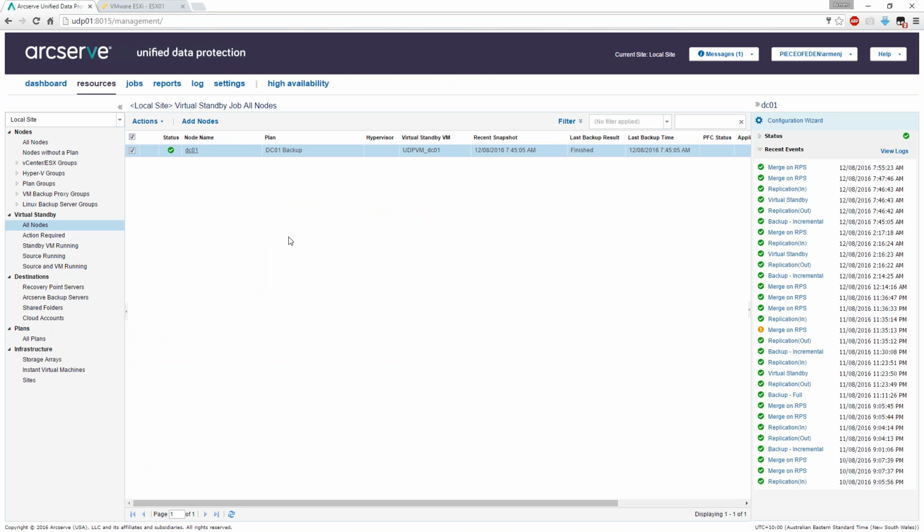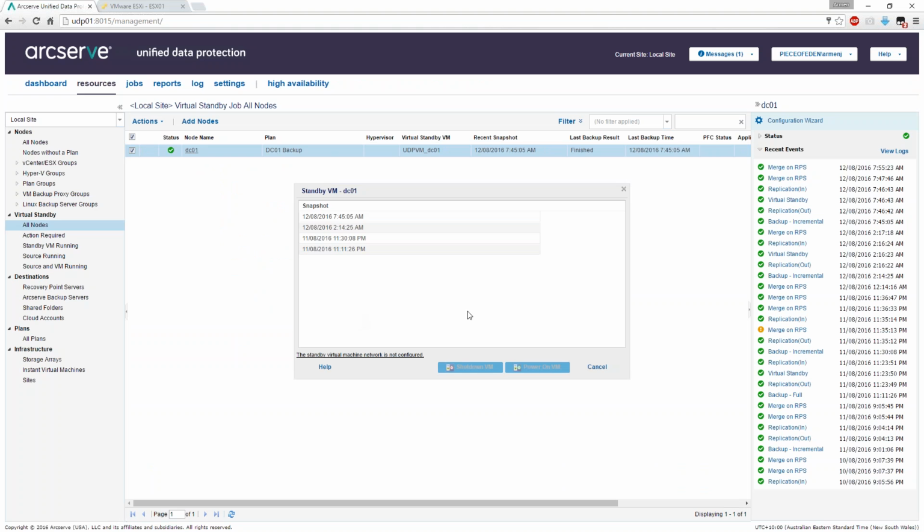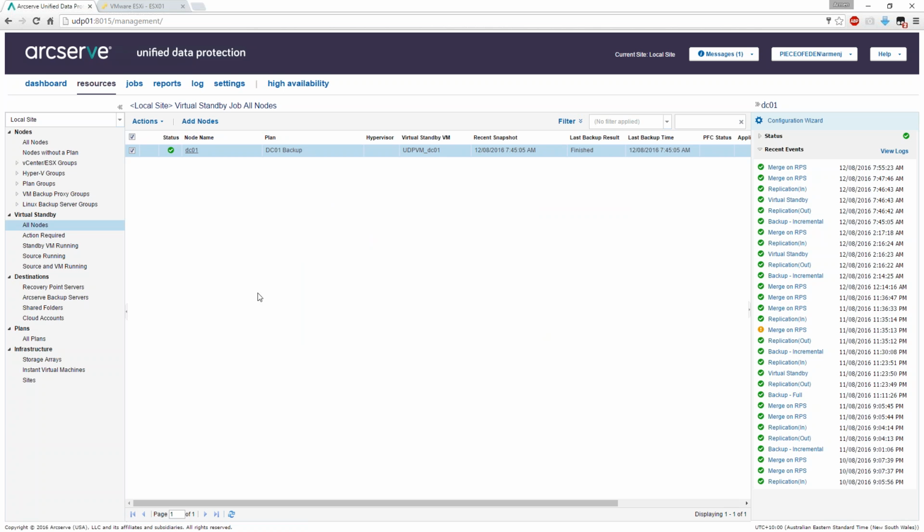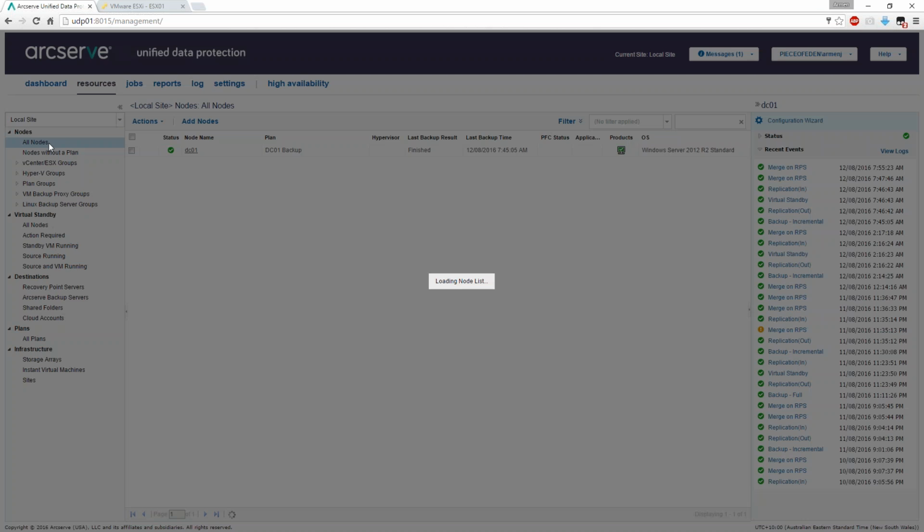And virtual standby, if you are finished with it, if we right-click on the host and go to standby VM, we also have the option to hit power off once it's detected that that machine is up and running. So we'll let that run and we'll come back to this in a moment. But let's take a look at Instant VM. With Instant VM, it's a lot easier. If I come to my node list,